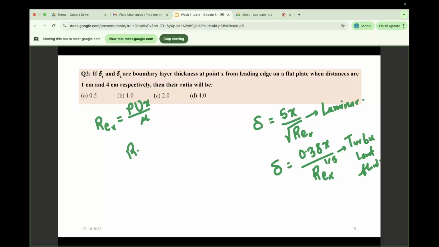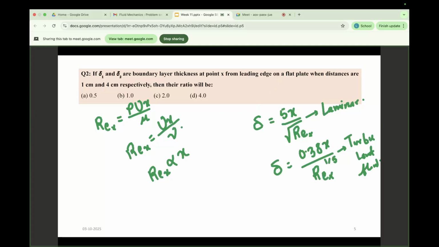So all that means, even if I write it in terms of kinematic viscosity, what I will get is Ux by, hmm, I can write, okay. So that means here I can write this is proportional to x, assuming that